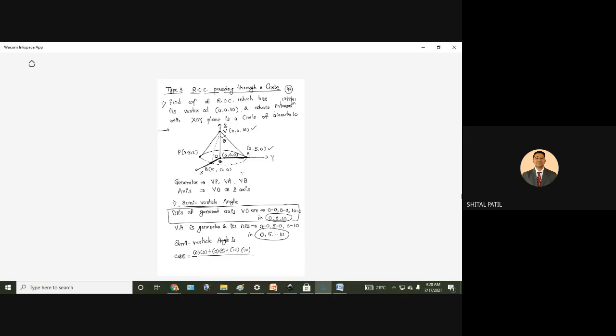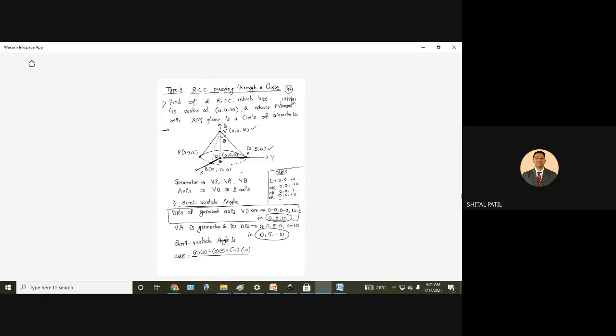Suppose I'll write it here. Okay. Suppose I am saying that line L has direction ratio 0, 0, 10. Can I write like this? Direction ratios of L are 0, 0, minus 10. Yes or no? They are ratios, na? I can write like this also. They are 0, 0, 1. No problem. I can write like this also. 0, 0, root 3. That is also correct.